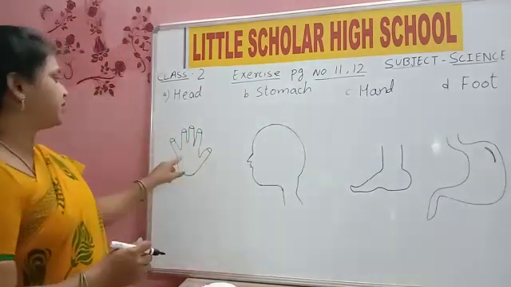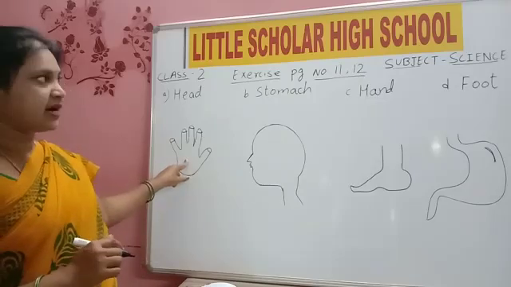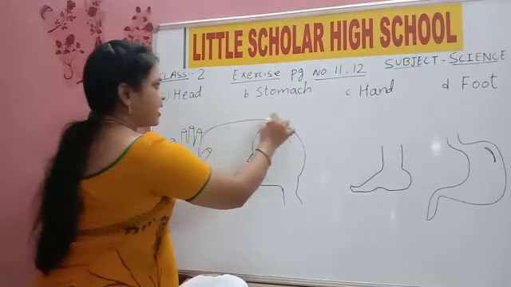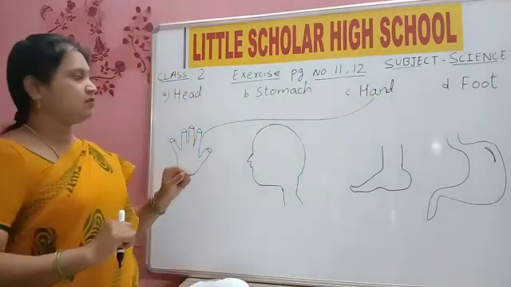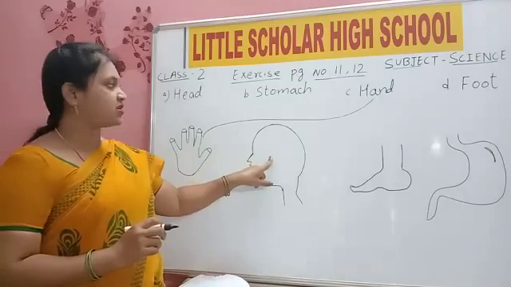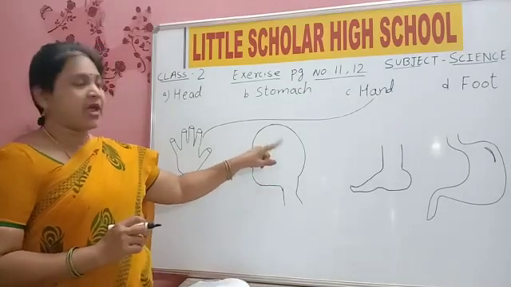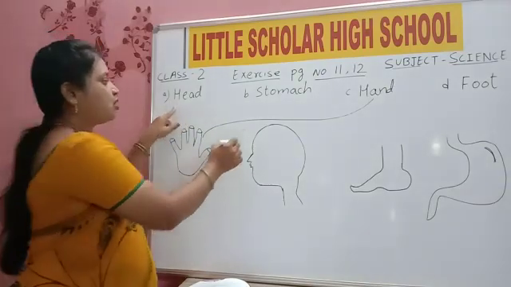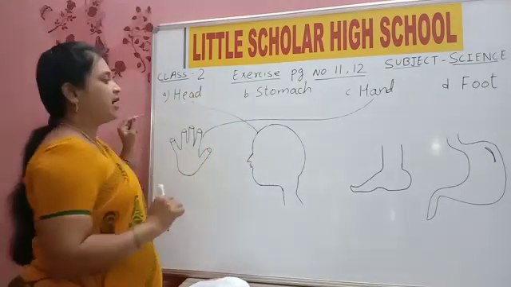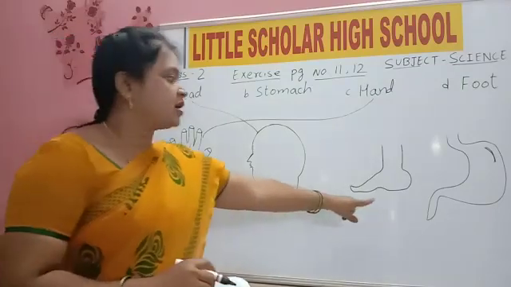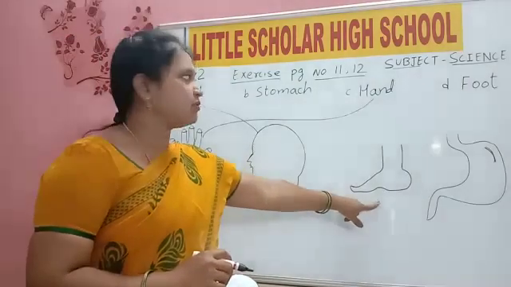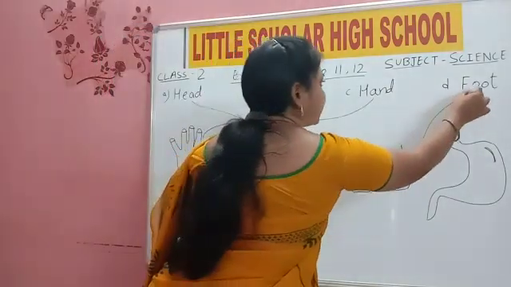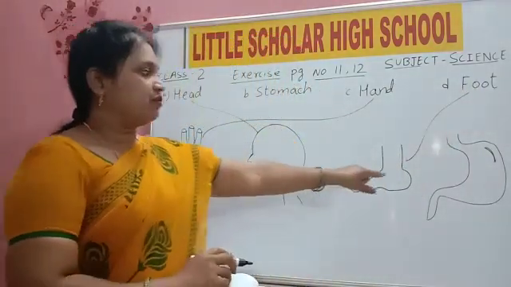Now we will match, children. What is this? Hand. Where is hand? C1. So come on, match it to C1. Then what is the next picture? Shadow. Head. Where is head, children? H-E-A-D, head. A1. So draw to A. Now which shadow is this? Foot. Where is foot? F-O-O-T, foot. D1.